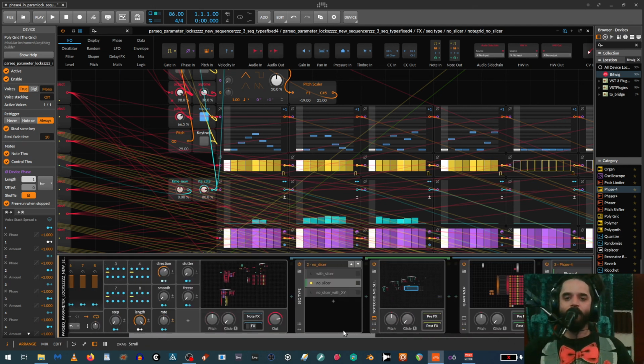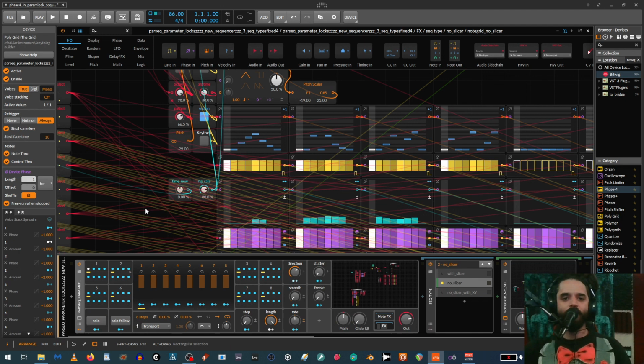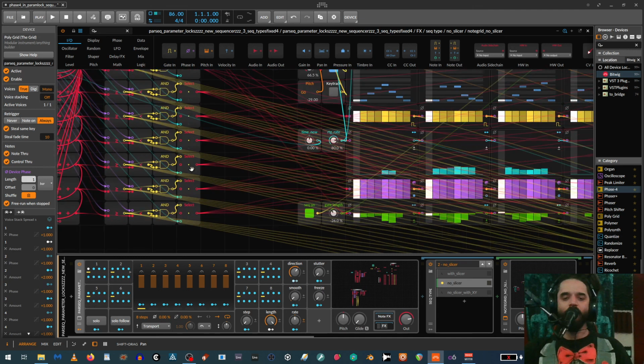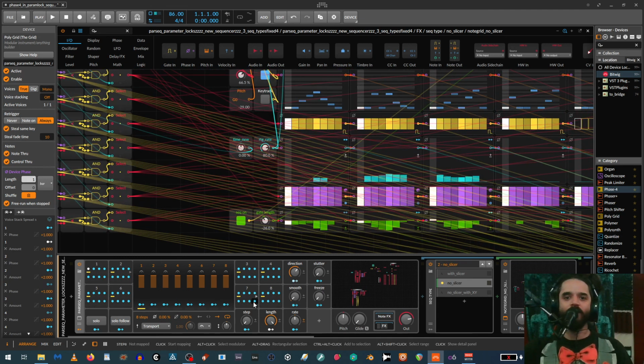Anyway, I'm probably going to follow up to make some videos showing how to actually connect all these kinds of sequencers specifically within the parameter locking patch to have everything